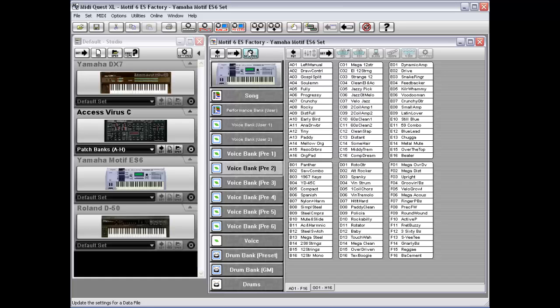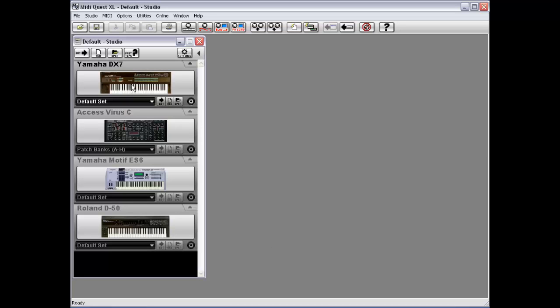So if you were to look at a Yamaha Motif ES6, you've got song data, a performance bank, voice banks, preset voice banks, voice data, drums, and so on. Essentially all of the different components that you would find in the instrument as data are echoed in Midi Quest Set. Now with a set you can work with either a single instrument, or you can create a set of